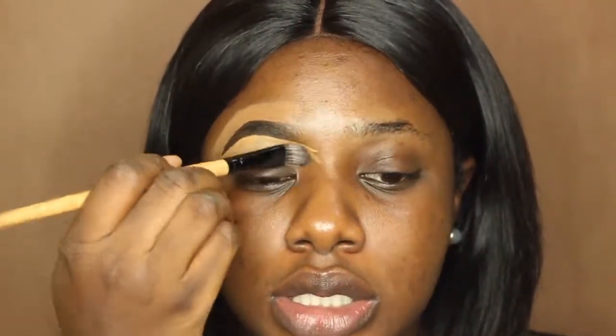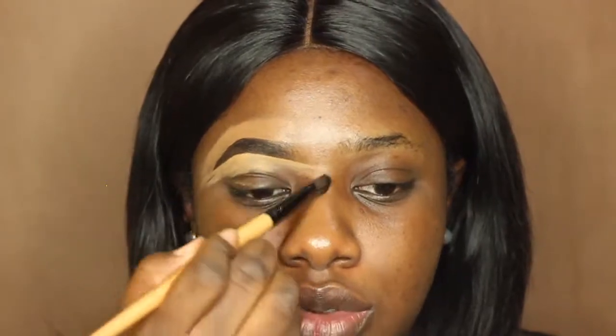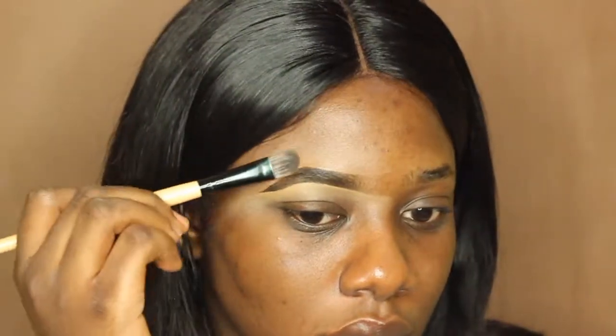The next thing I do is I go in with a concealer brush, and what I'm going to do is I'm just going to use that to blend all the concealer I have underneath my eyes and on top. I'm basically going to blend this out because this has sat for a while and it might not be that easy to move around. So basically, now that I have blended in all the product on my eyes, this is what I have for my eyebrow. And now I'm just going to go ahead and do the other brow for you guys to see again,